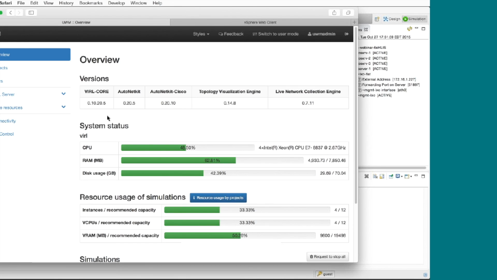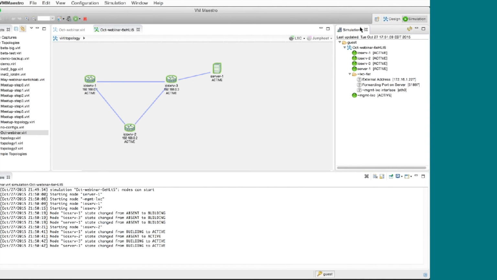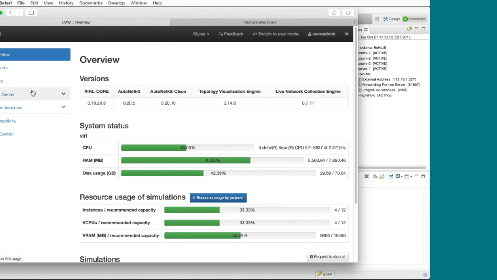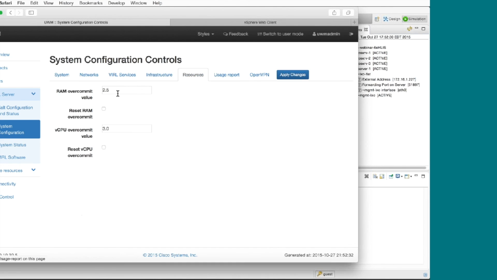And that's a very good case for saying, okay, if the topology launched fine when I came up with a clean system, and I shut it down, tried to launch it again, and now it's failing, it's got to be right at the edge, and just bumping up that RAM overcommit by 0.1 or 0.2 will probably get you the ability to launch it consistently without having to clear anything or restart the VIRL backend. So we're putting this in there. It's always been in there as part of the OpenStack backend. This overcommit value is an OpenStack feature itself.